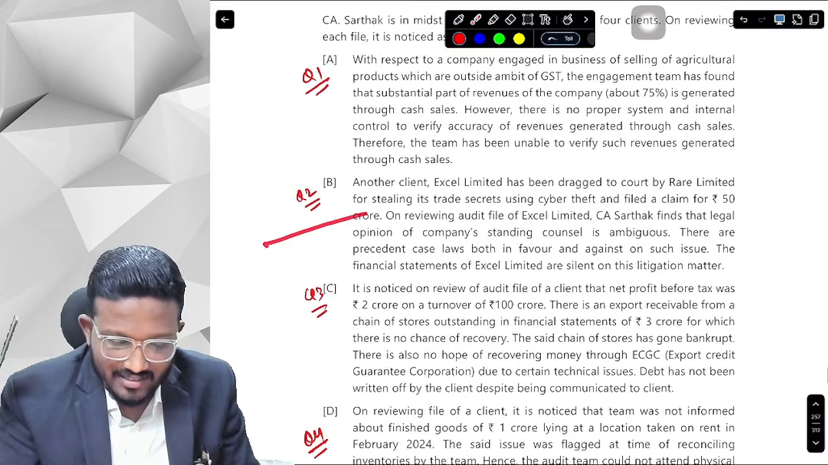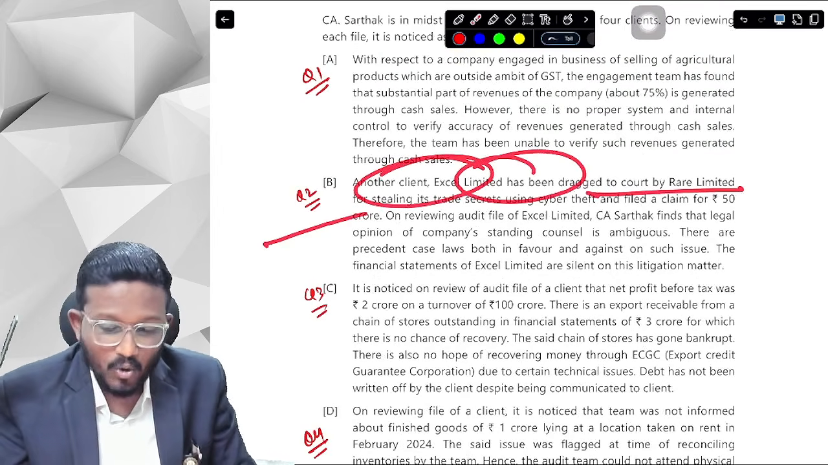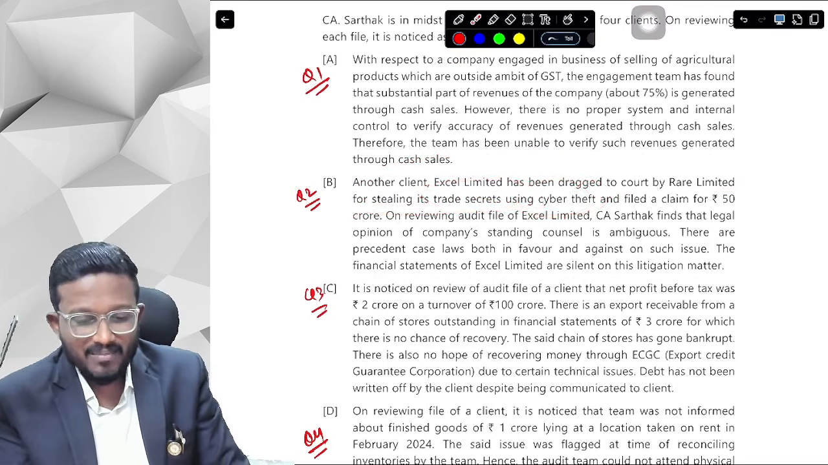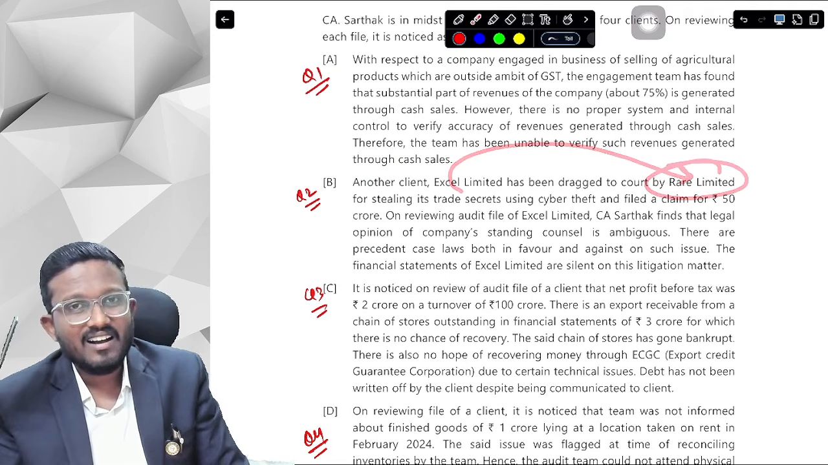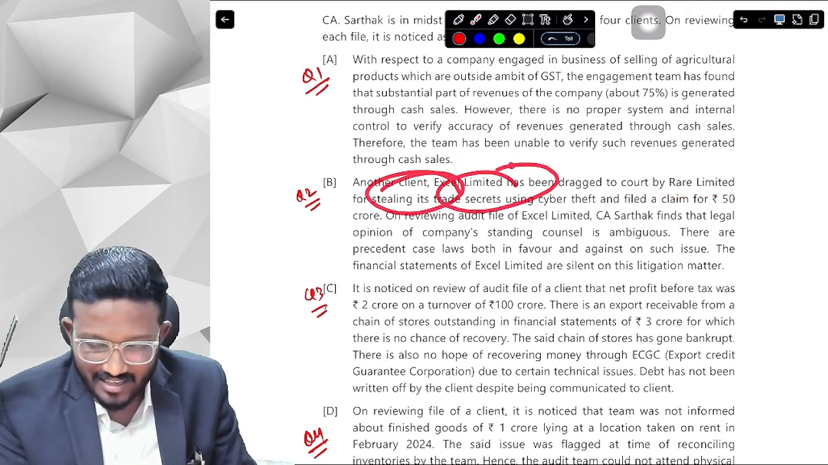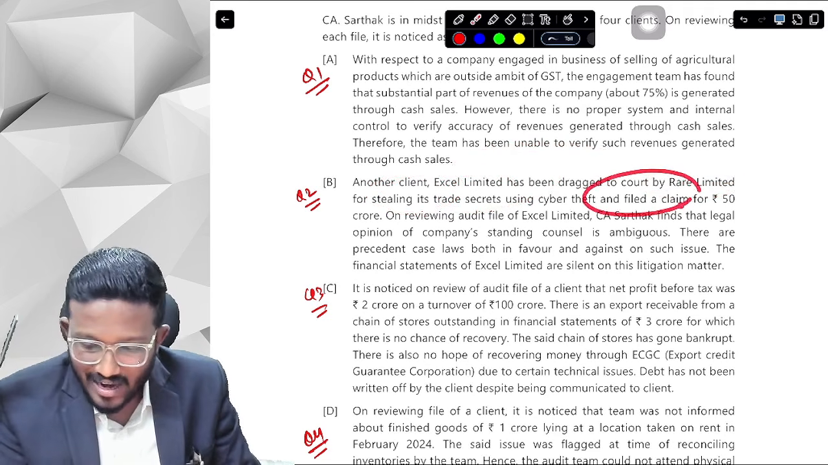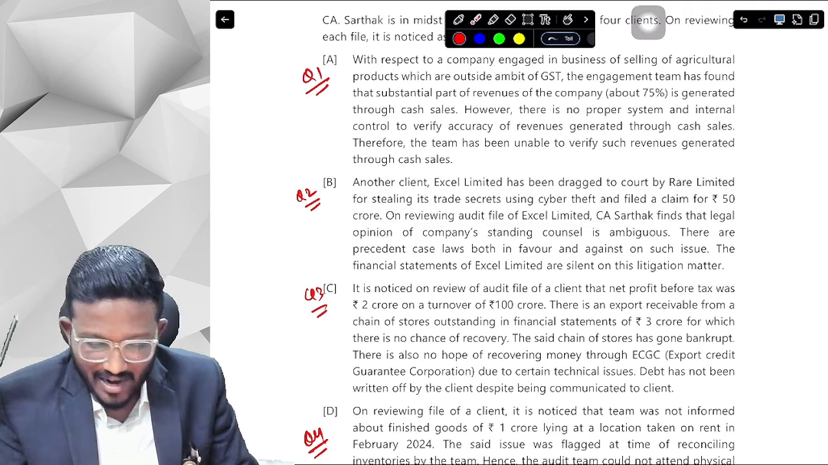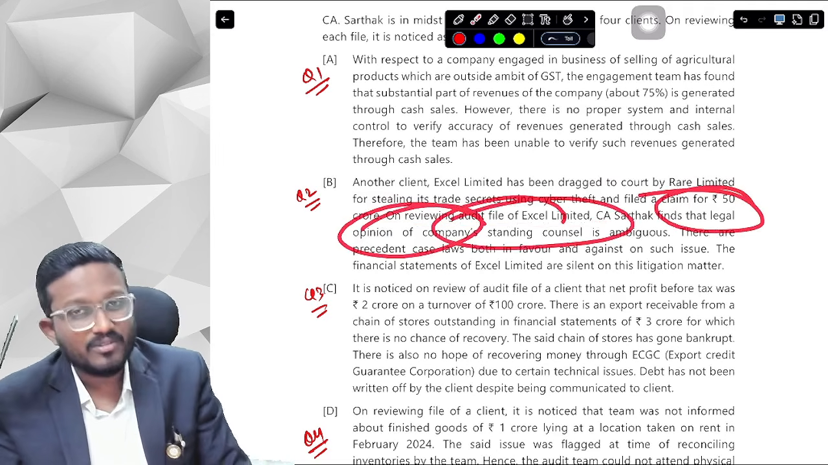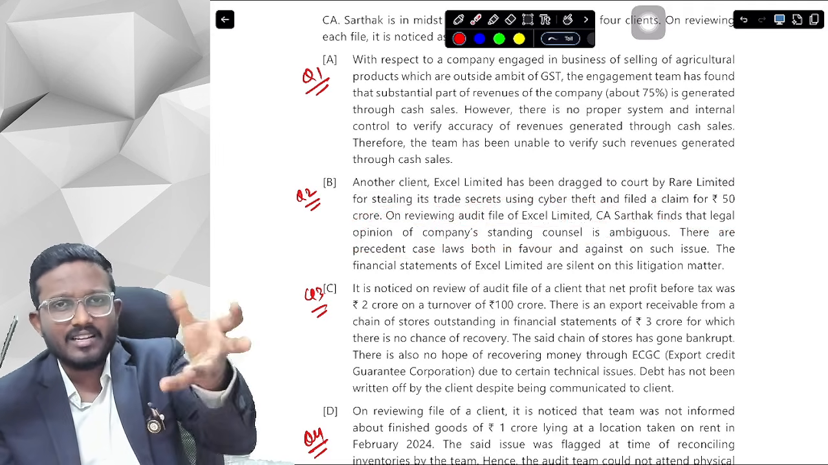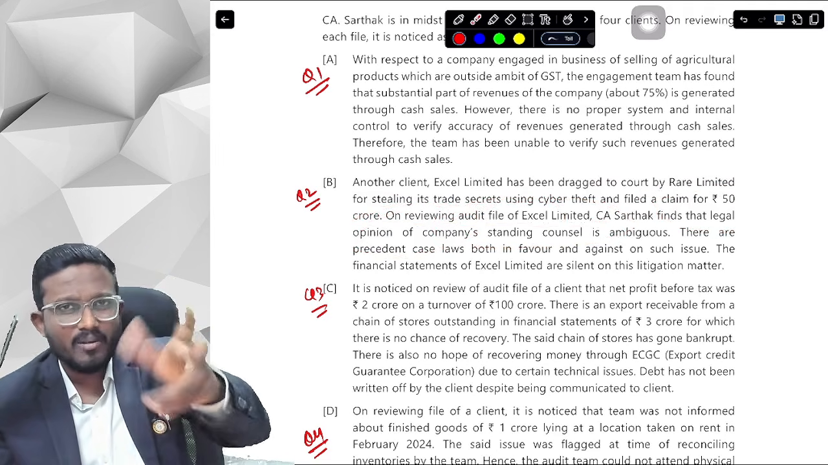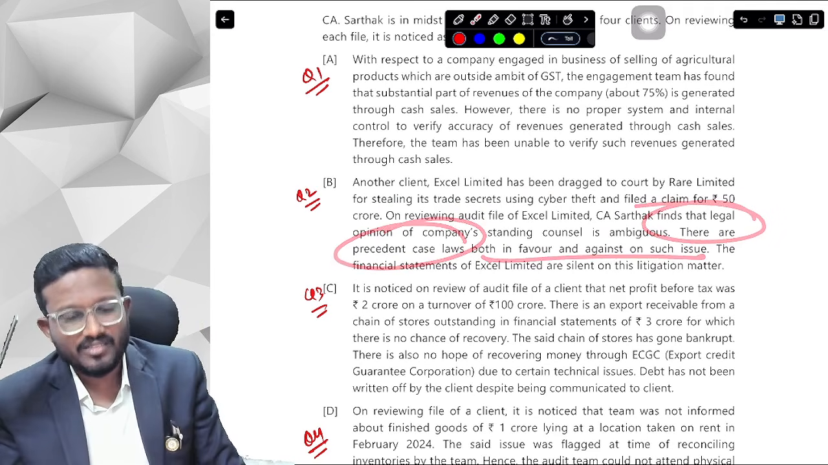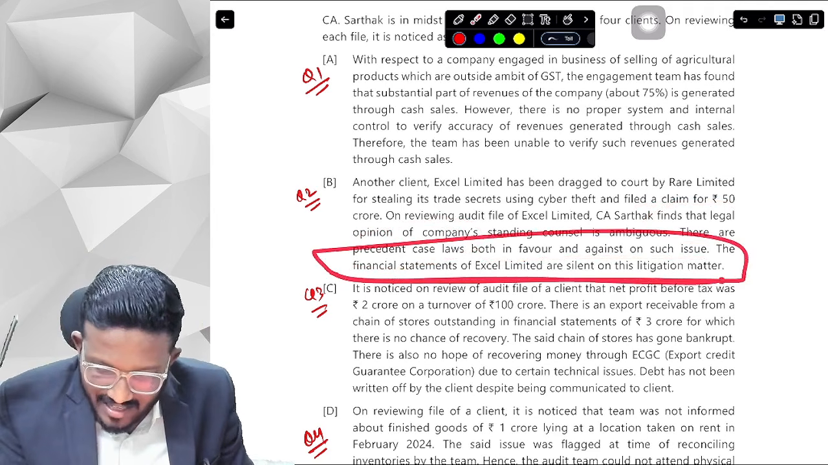The second thing is there is another client, Excel Limited, who has been dragged to court by another company for stealing its trade secrets using cyber theft. This company has also filed a claim of 50 crore. Now, while we were reviewing the audit file of Excel Limited, we find that the legal opinion of the company's standard counsel is ambiguous. They are not saying clearly whether the court case will be in favor or not, and there are precedent case laws both in favor and against on such an issue,